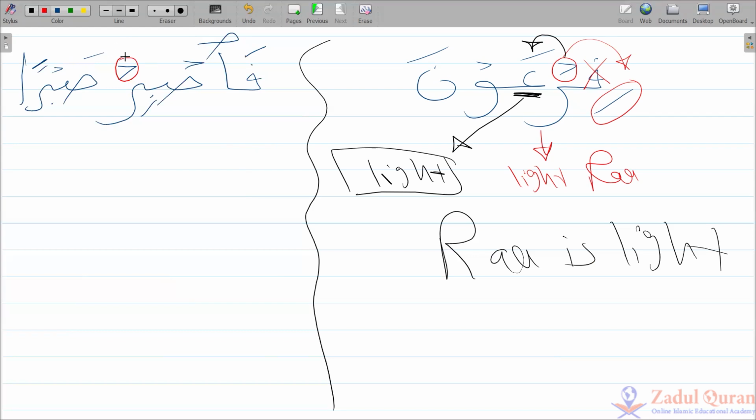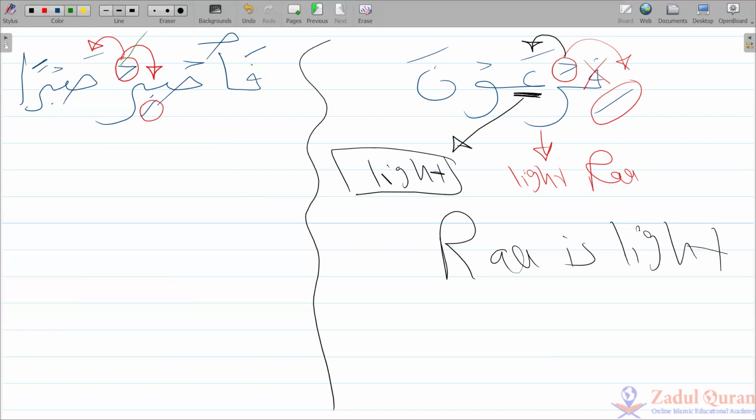This Ra is sakina, right? So I cannot determine the rule by this letter itself. I need to check the previous one. And we don't check Ba, we check the haraka of the Ba. So here is a kasra, and this is an original kasra, correct? Light. But it's followed by a heavy letter.